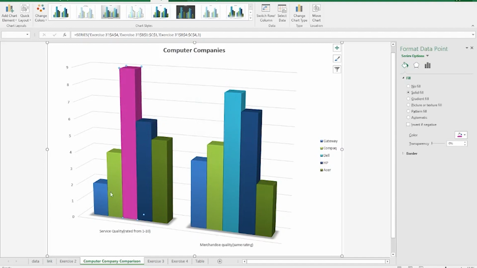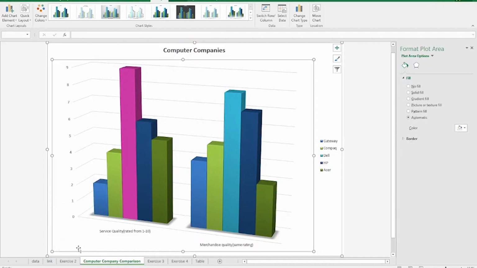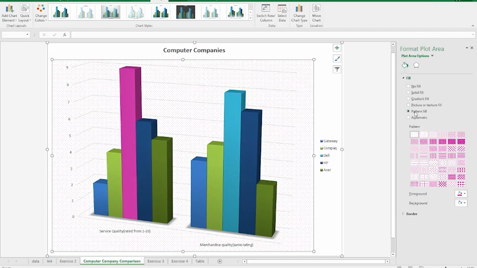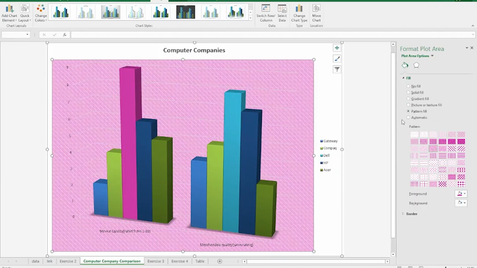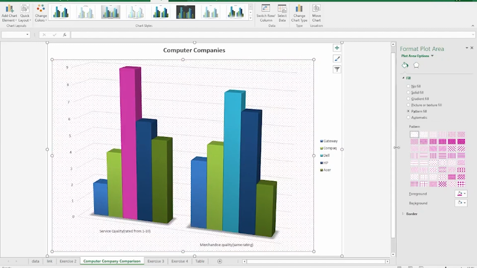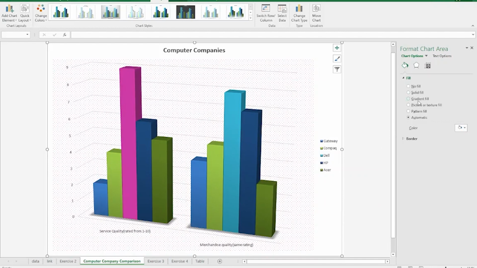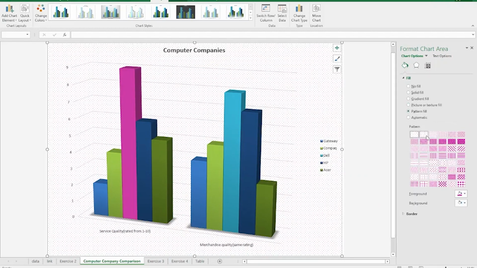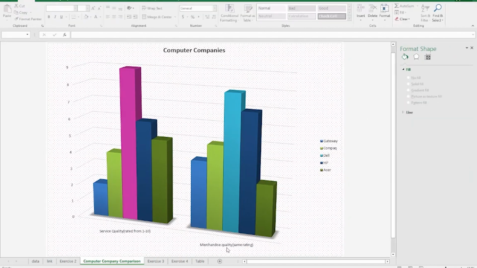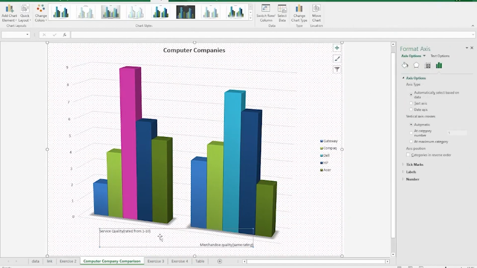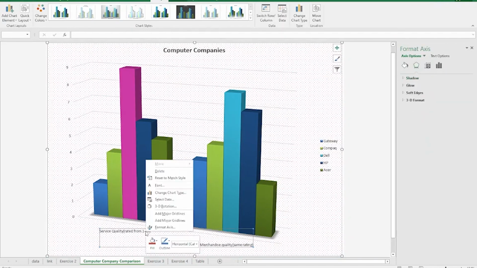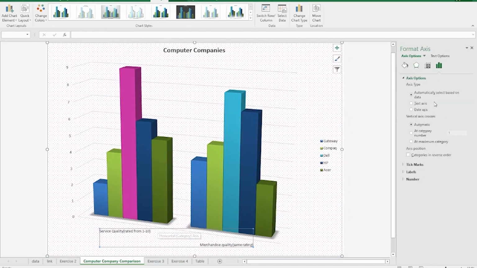And you can not only change the bars, but you can also change the plot area to something fairly obnoxious in that example. We'll do polka dots there. Change the chart area. I'll do the same thing so it doesn't stand out too much. You can click on the labels, format the axis description there. All kinds of changes that you can make. You can change the scale